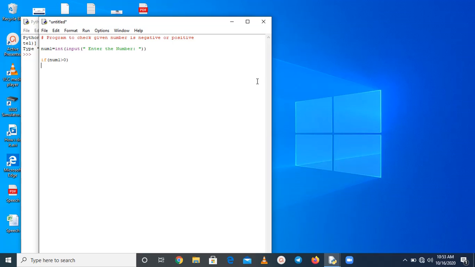So, we have to print, what we have to print: the given number is positive number. This is the first case, and the second is else. Just try to write the code from here. So, give a space, and okay, else